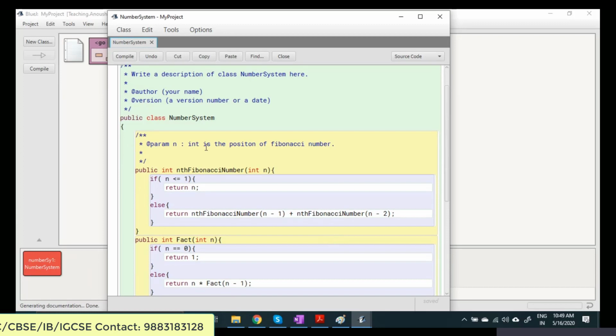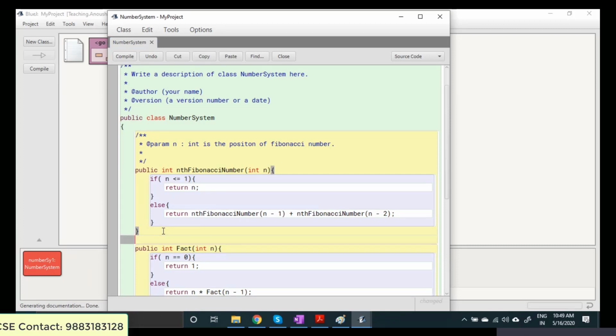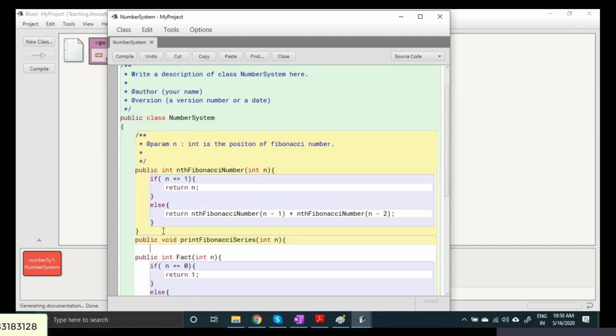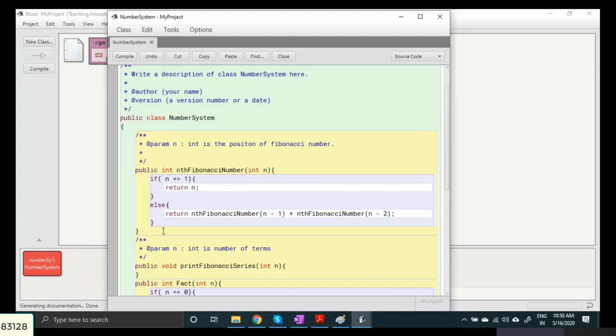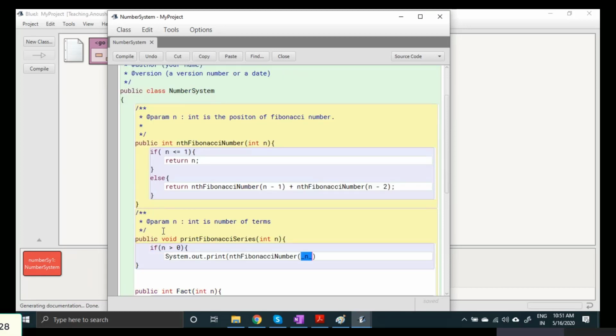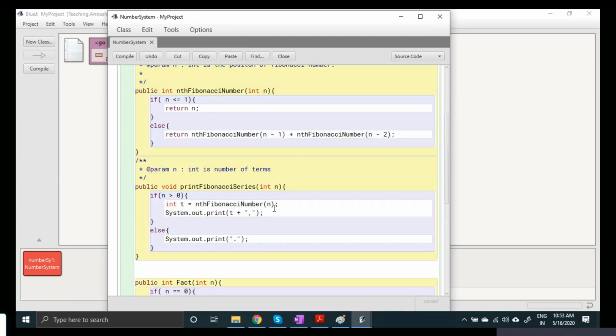Fine. So now I have to generate the number of Fibonacci numbers up to that int n. So here n is the number of terms. I didn't call this function once again.